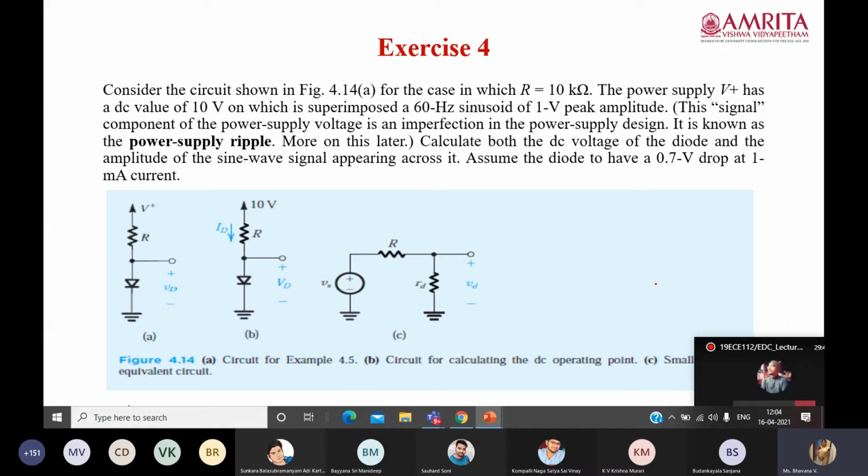So have you all understood the small signal diode model and its applications? rd is equal to nVT by ID. Application: it can be used as a voltage regulator, but there is a limitation. It can regulate only up to 0.7 volt. If you want to regulate voltages greater than 0.7 volt, you have to use a series of diodes. Okay. Is it clear for you, the topic?